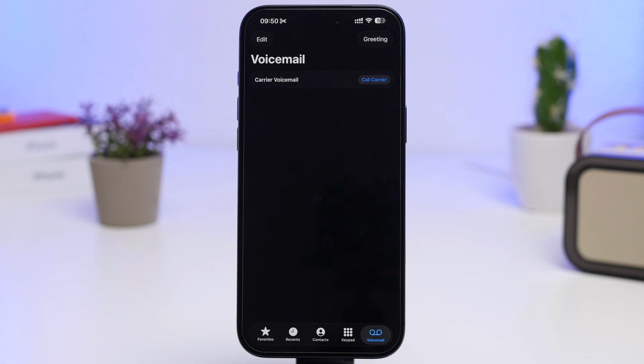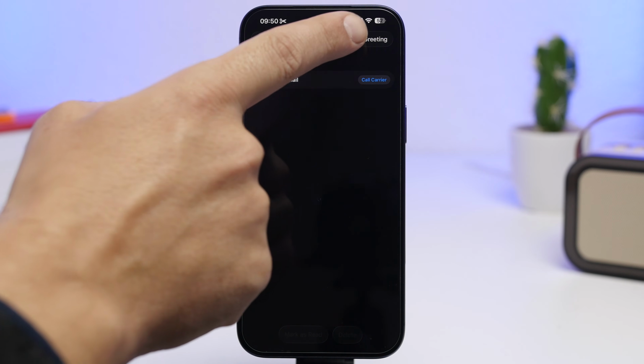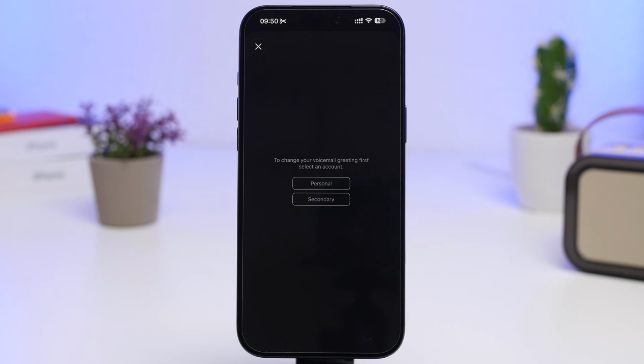Now, we're starting things off with the phone app. So head on to the phone app and go into the voicemail section. So on voicemail you will have basically that default sound that will speak once your phone goes into voicemail. Well, what you can do is come here and then just tap this edit button right there. Now what you can do, then tap on greeting, and then you will be able to actually record your own